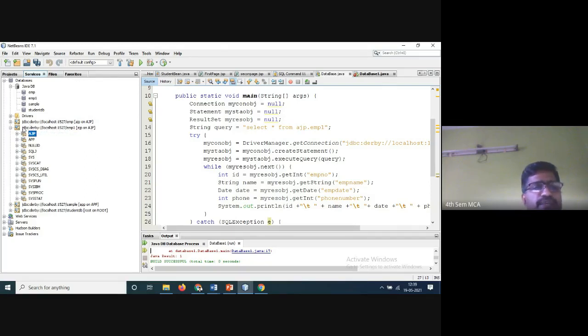So how to copy it? Are you able to see this? JDBC colon derby localhost 1527 EMP AJP. So this is what you have to do.